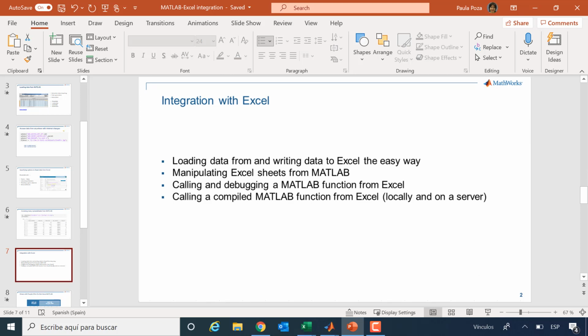Okay, so now let's see how we can call MATLAB from Excel. There are two ways, what we call Spreadsheet Link and Excel add-ins. The Spreadsheet Link is like a window. You look through the window and you can see everything that is in MATLAB. Not only what comes with the tools that you get from MathWorks, but also any programs that you have made, any .m or any .mlx. It's just a window where the goal is you can have whatever you want in Excel as your front end, and from there you call MATLAB exactly the same as you would call any Excel function.